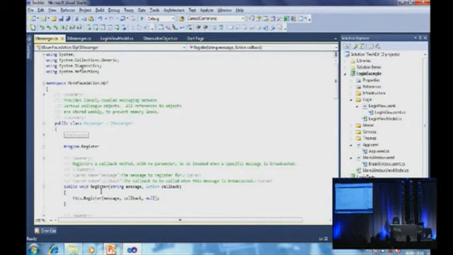But really the only interesting thing in the implementation of this mediator pattern is the fact that it uses something called weak references. And a weak reference basically will create a reference to the callback. So fundamentally we're building callbacks, right? We're building up chunks of actions. This is work I want you to do when this message happens. And we're storing those delegates, storing those callbacks as weak references,